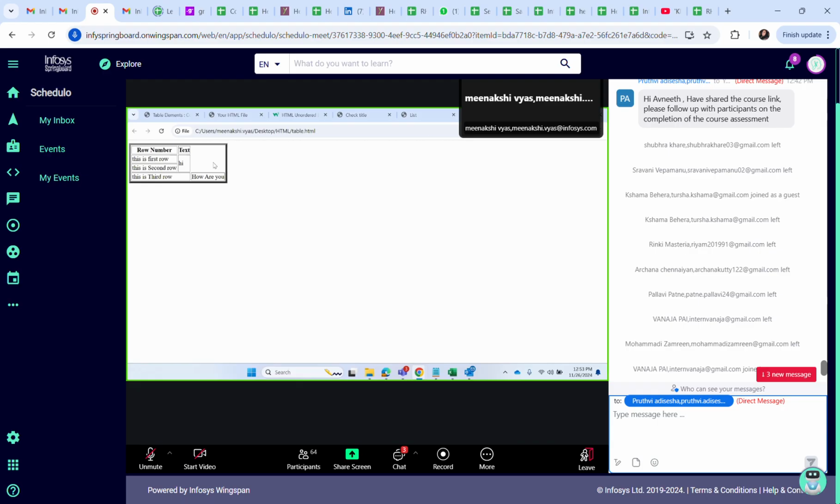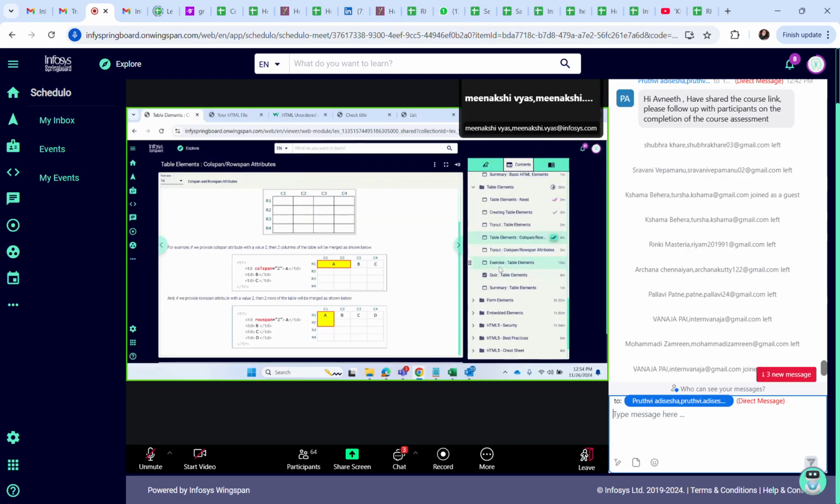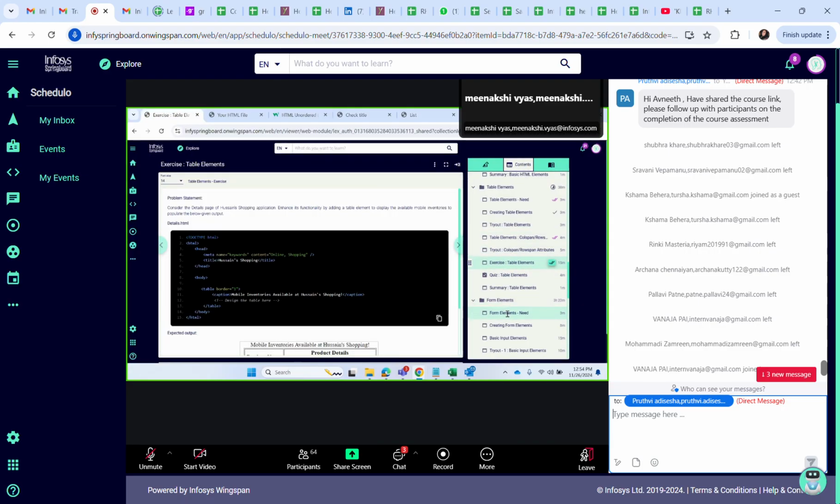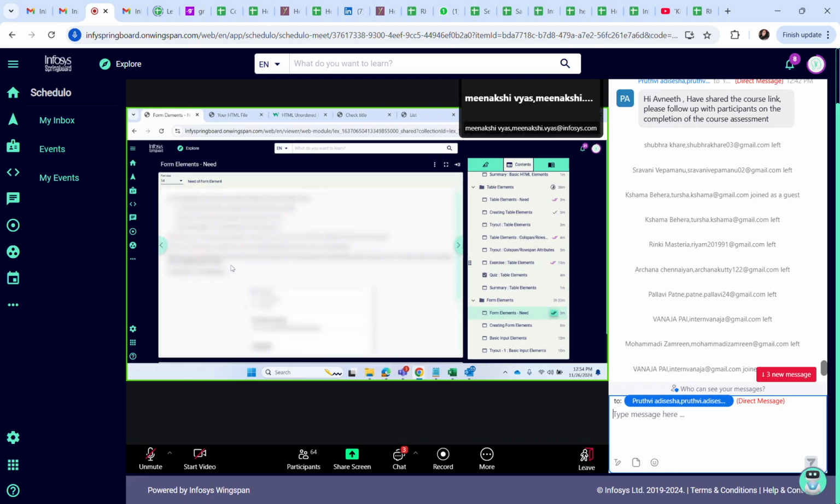Similarly, you can give more borders, you can give colors to your border, right? If you want this square box to be displayed as oval, you can do that. If you want dotted border, you can make dotted border. If you want double line, you can make double line. All these variations you can apply in your tables, right? Yeah. So the exercise you can complete, and now a very important thing is the form.